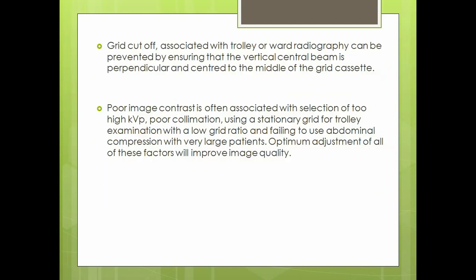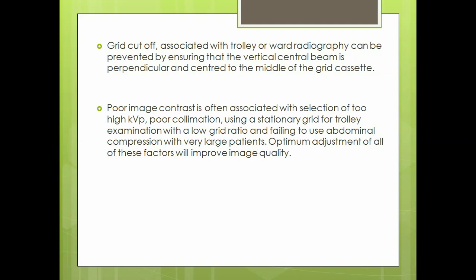There will also be grid cutoff chances, especially when you use a stationary grid. But nowadays, as per my knowledge, stationary grids are nowhere used. Most places have a moving bucky with the table in the radiographic equipment, so there's no need to worry.